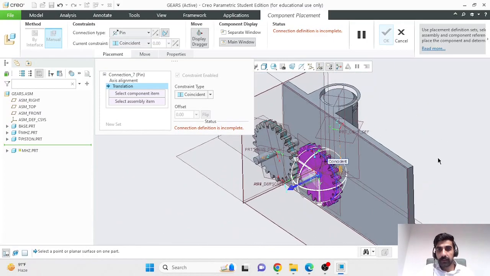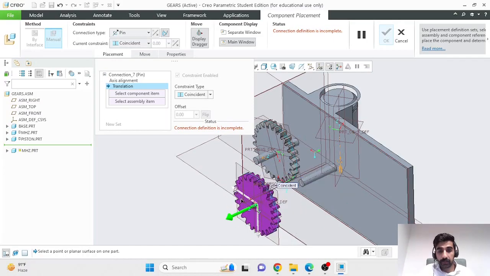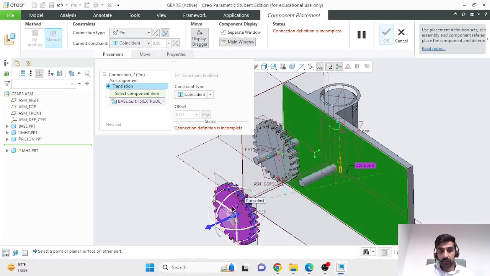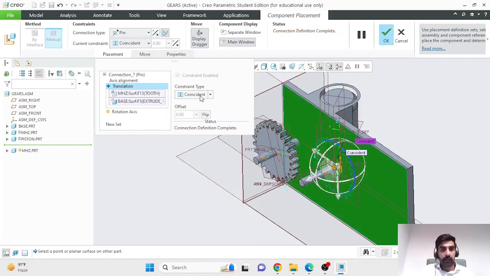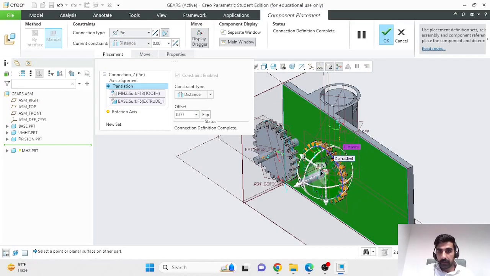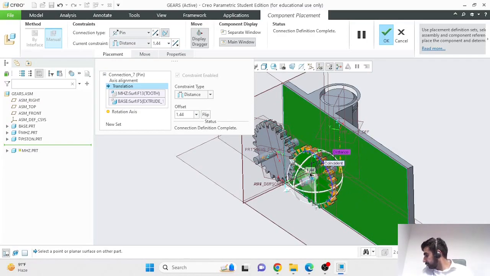The second thing that we need to define is the constraint that limits motion along the axis that we've just defined, because the gear can still translate. So we'll select a planar object on the assembly and a planar surface on the gear, and then we'll select a constraint that fits our requirements. In our case, we want it to be at a distance, so I'll have it at a distance here. I think this value should be 1.5 if I wrote it correctly,